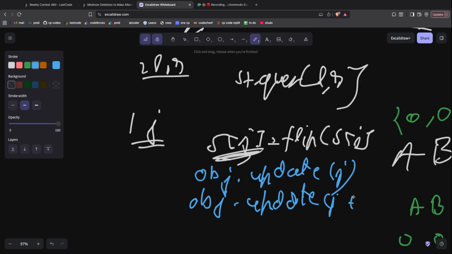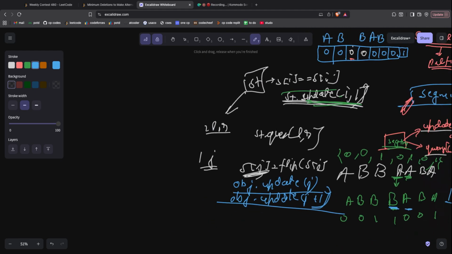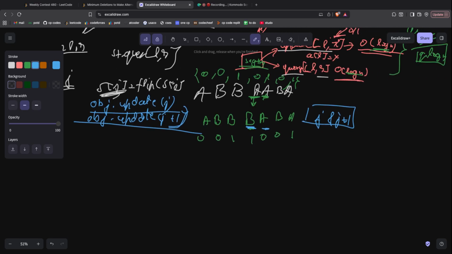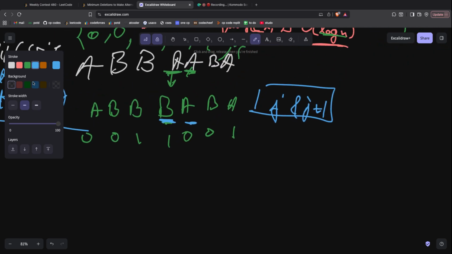So this is how we'll deal with both of the queries. Hopefully you are able to understand it. Let me give you the code here. One thing you also need to note, and I got a wrong answer because I did not think this through,